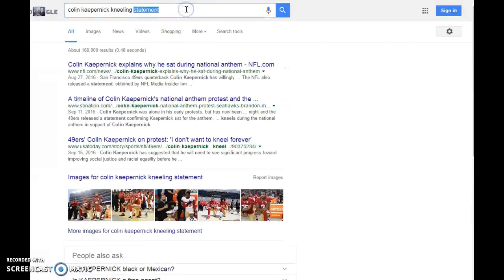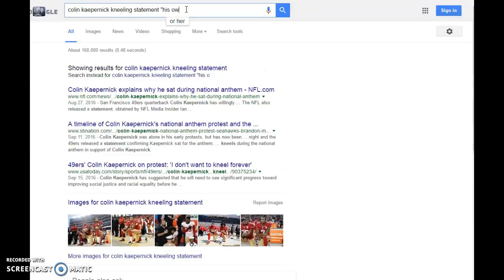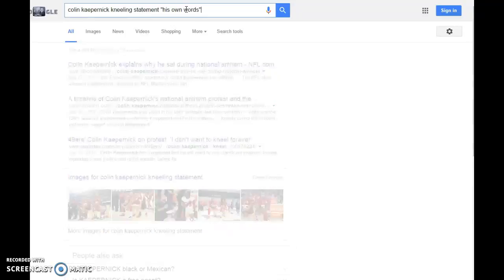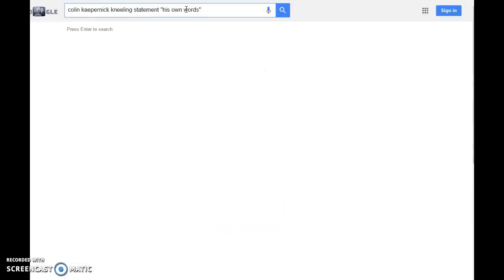So I can't really think of another way to say it, so that's what I'm going to type in. And I'm typing it in quotation marks, not because I want to make fun of it, but so that those three words, his own words, are treated as if they were one word, right? So now I click on search,